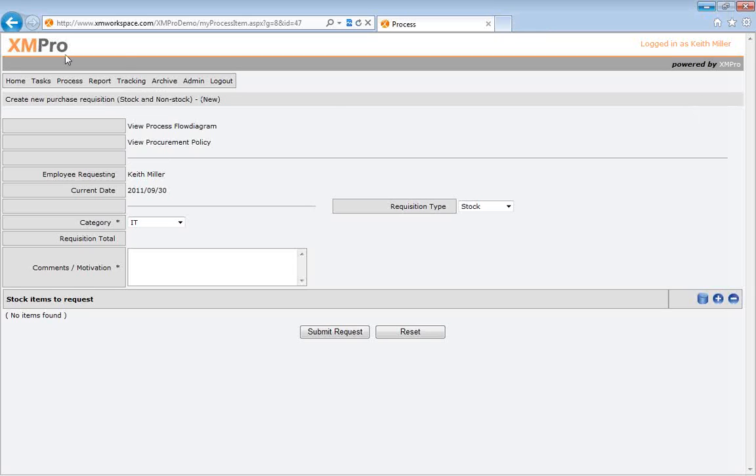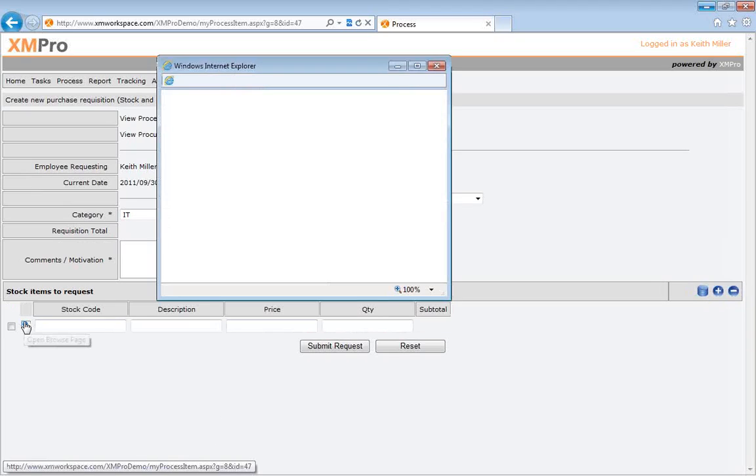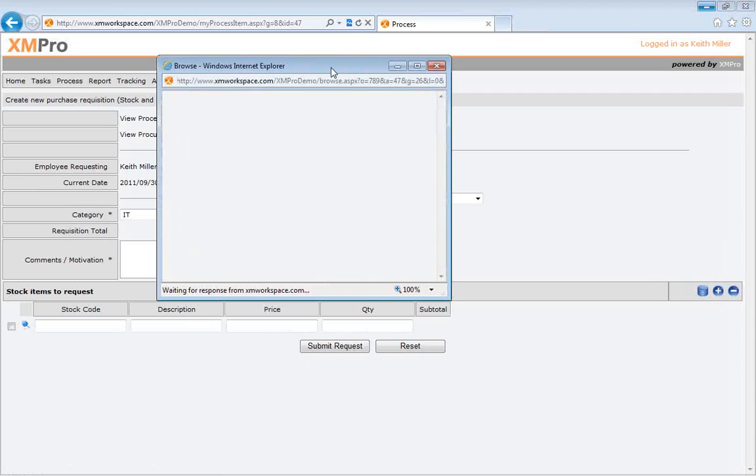Okay, now as you can see on my interface here, the cloud site that we have is just a stock requisition process where I want to get certain information from my inventory system, which might be sitting in an external database or some other interface. So I'm just going to try to do the